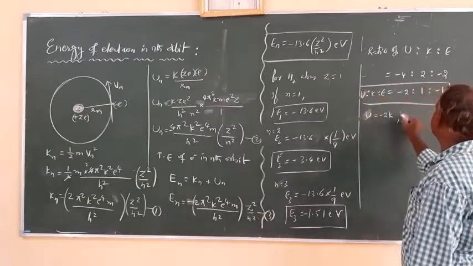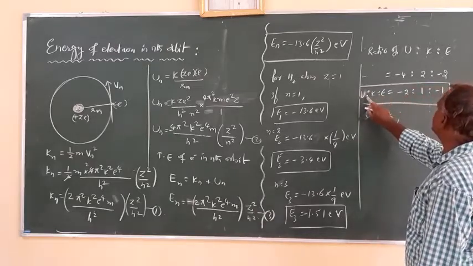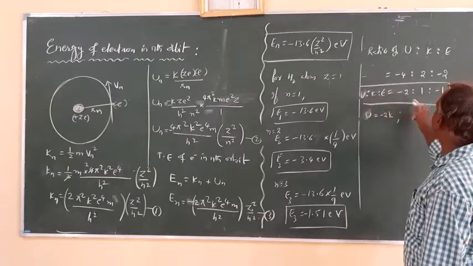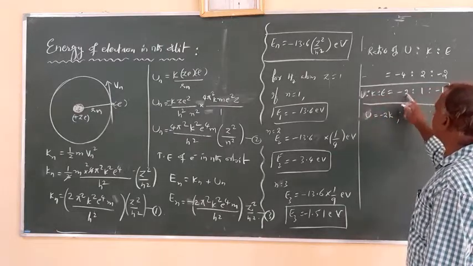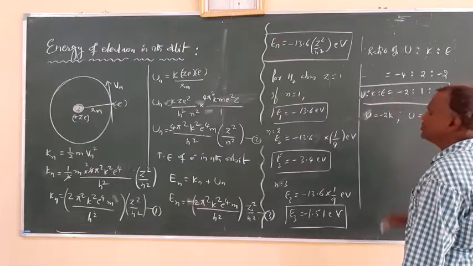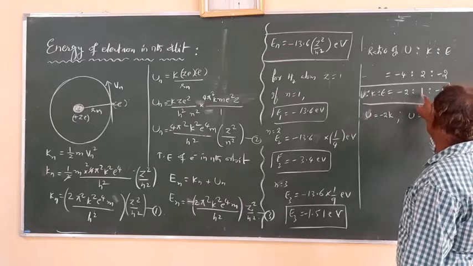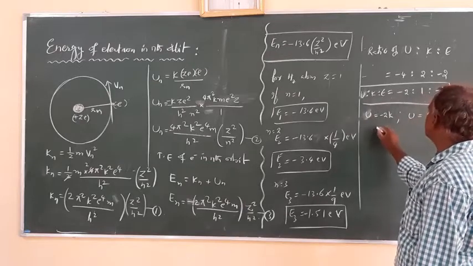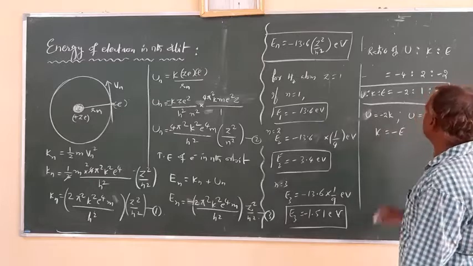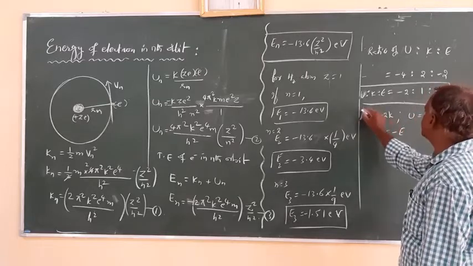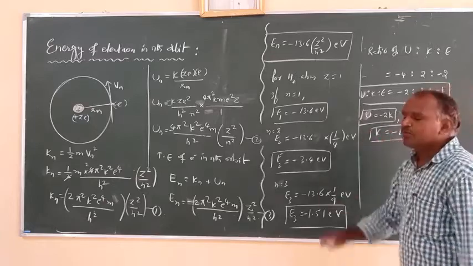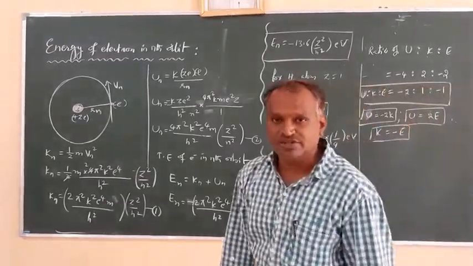Similarly, if you observe potential energy and total energy, both are again related by 2 times. So potential energy is equal to 2 times the total energy. Or if you observe the total energy and kinetic energy, kinetic energy is equal to minus of E. So this is the observation you can see from this comparison of energies between potential, kinetic and total energies.